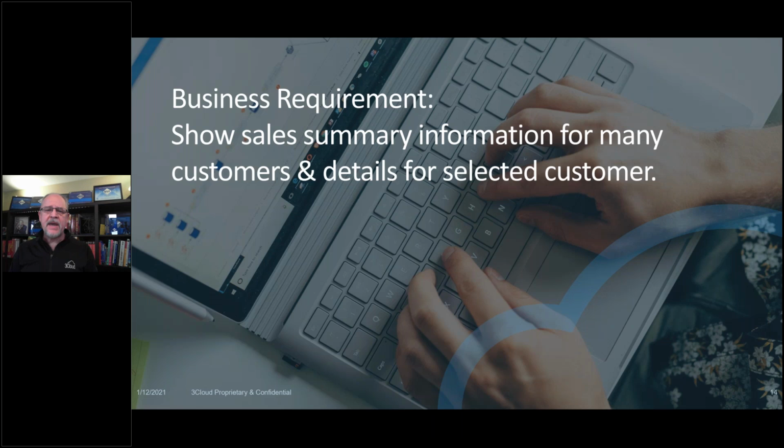But let's step back and talk about this requirement. Show sales summary information for many customers. So if I'm grouping those customers by region or geography in some way, I want to see those customers at an aggregate level with only specific information. But then for a specific customer, I want to see the up-to-date record without having to refresh my data model.